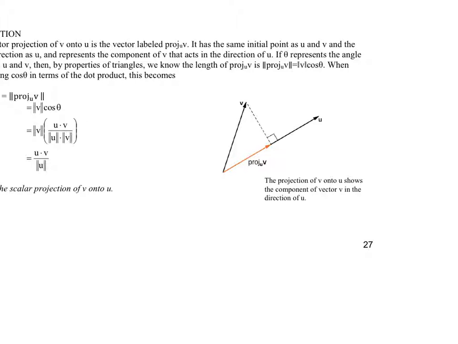So what I'm going to say here is, put it in simple terms, going back to the two people carrying a piece of furniture up and down a flight of stairs. You have a vector going up in one direction, a vector going up in another direction. They're both contributing to the movement of whatever this object is in this general direction, in the northeast direction. But how much of V is acting in the direction of U? That's what a projection of V upon U is talking about. The other way around